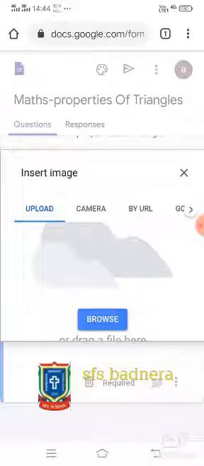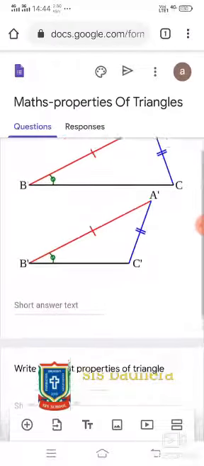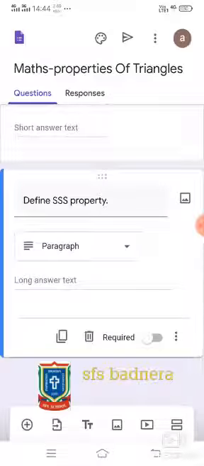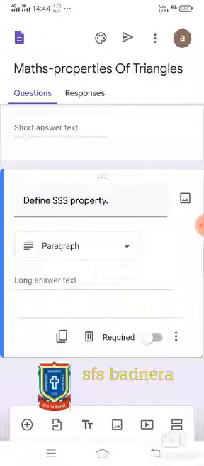whatever your question is. Even you can add the image like previously what you were doing. Now 3 questions are added. Say I want to add the next section. Okay, this is short answer section. I want to add one more section of long answer, which may be of different marking categories. It may be of 10 marks or 15 marks.